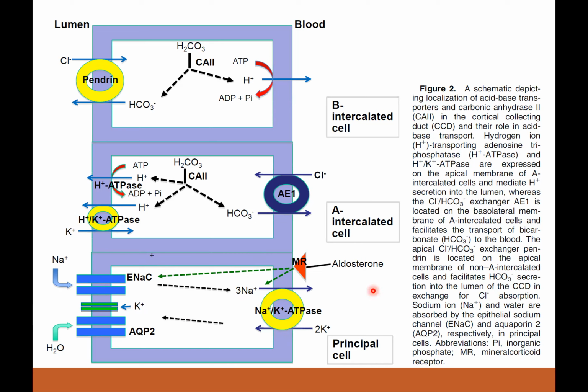So suppose there is hypoaldosteronism. That means aldosterone is not there. What happens? This channel is not open, and this channel also is not open. So sodium is not entering here, so no sodium enters into the body. Likewise, potassium is retained because this potassium channel is closed, so there will be hyperkalemia. There will be hyperkalemia basically because the aldosterone is not there, the potassium gate is not open, and neither is this exchanger working, so potassium is retained here, it is not allowed to go into the cell for excretion.